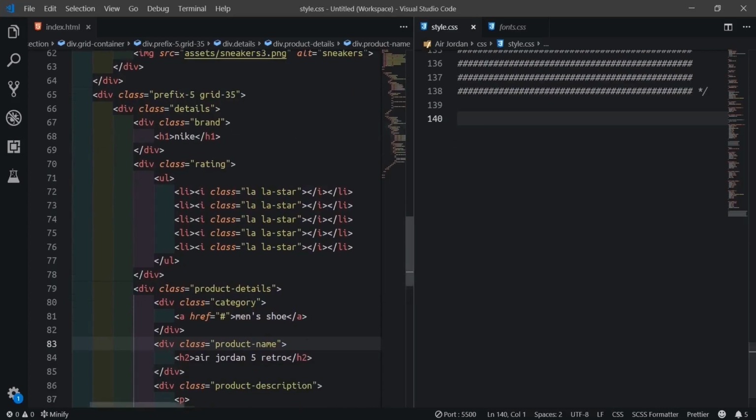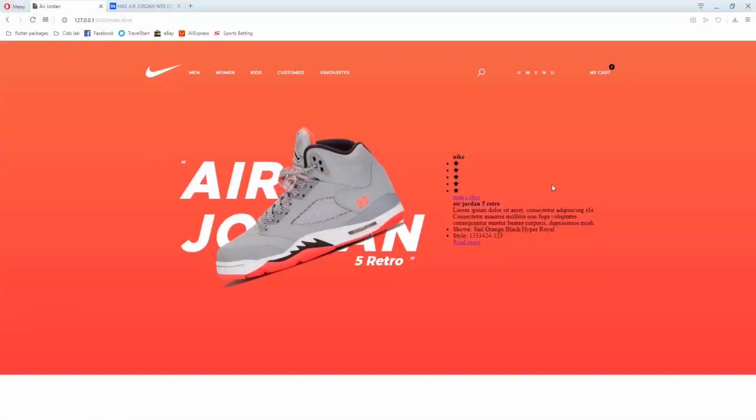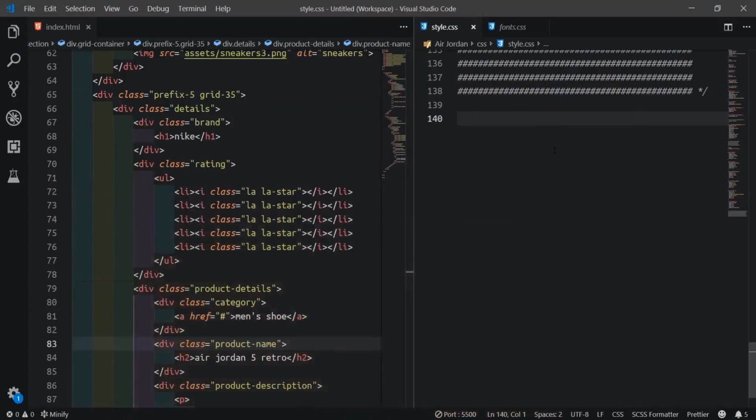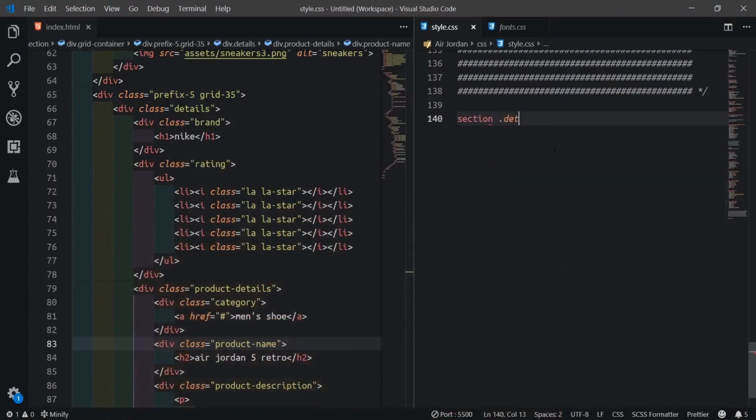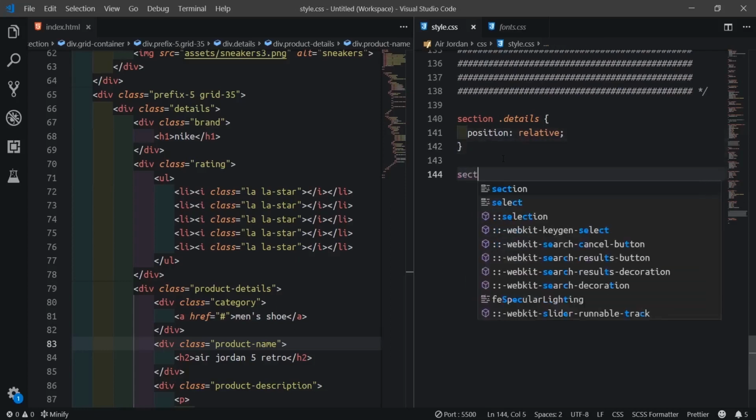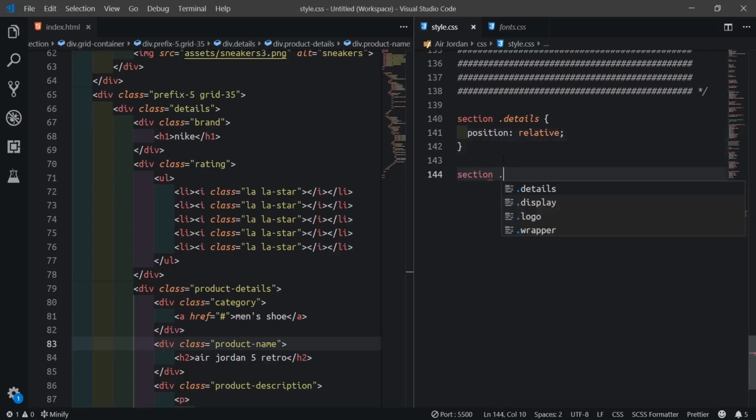I'll call my style in here, say section dot details, and give it position relative. Then we'll come down to section dot details.